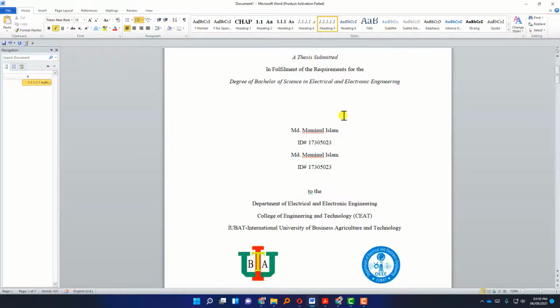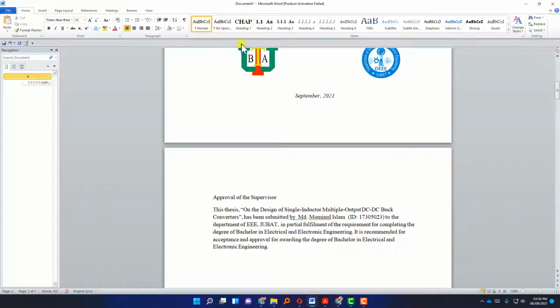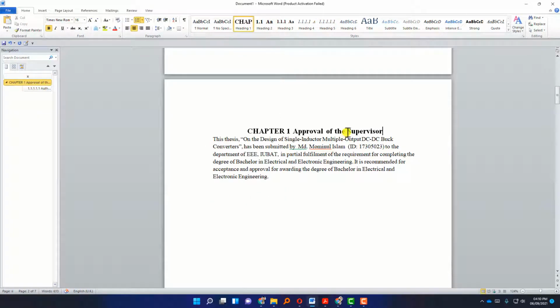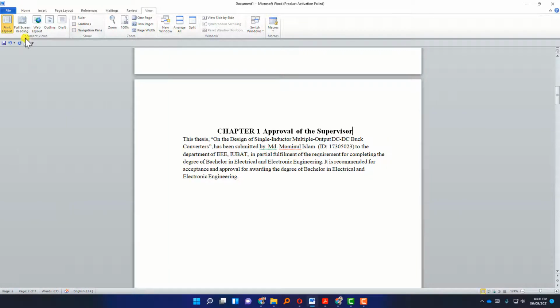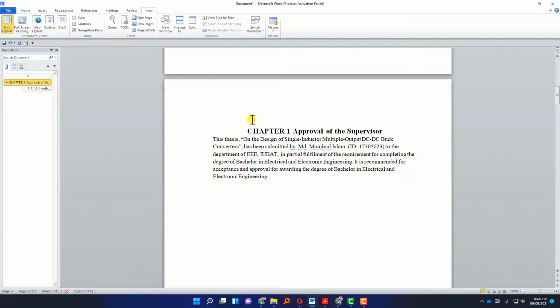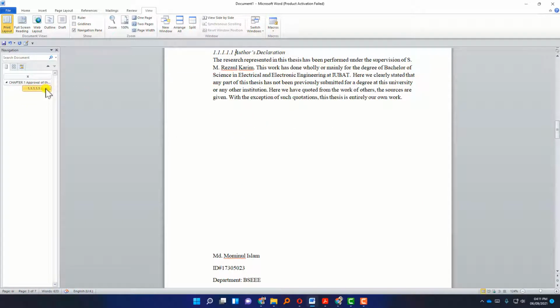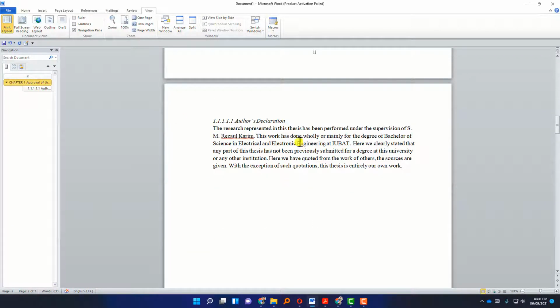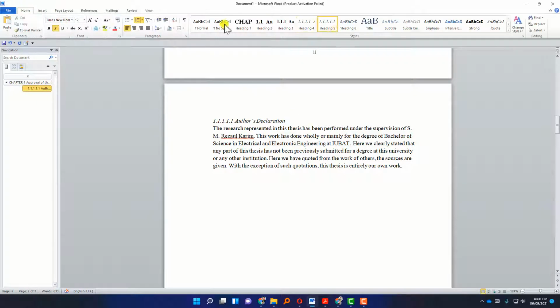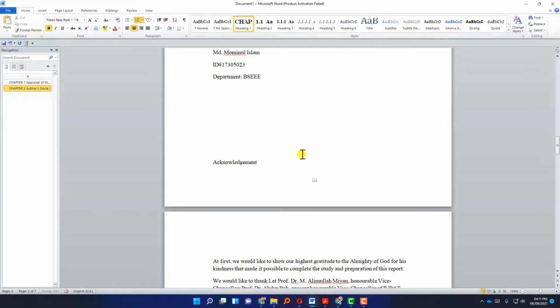all are ready now. Just click, this one is Heading 1. Okay, and see here, Heading 1 is coming on the left side. Actually, if it is not showing on your computer, then go to View, and if it is still not showing, click the Navigation Pane again, now it is coming. So make sure it is showing on your left side so that you can understand very well. Okay, so and this one is Heading 1,